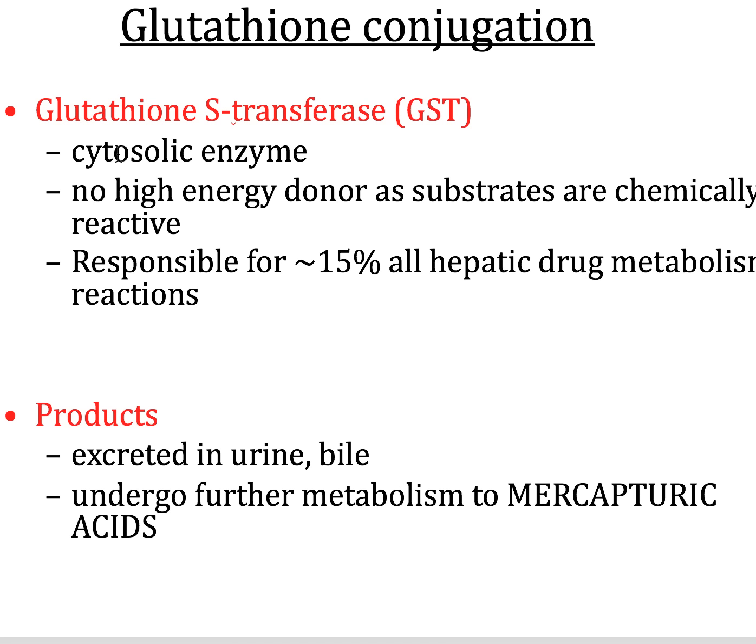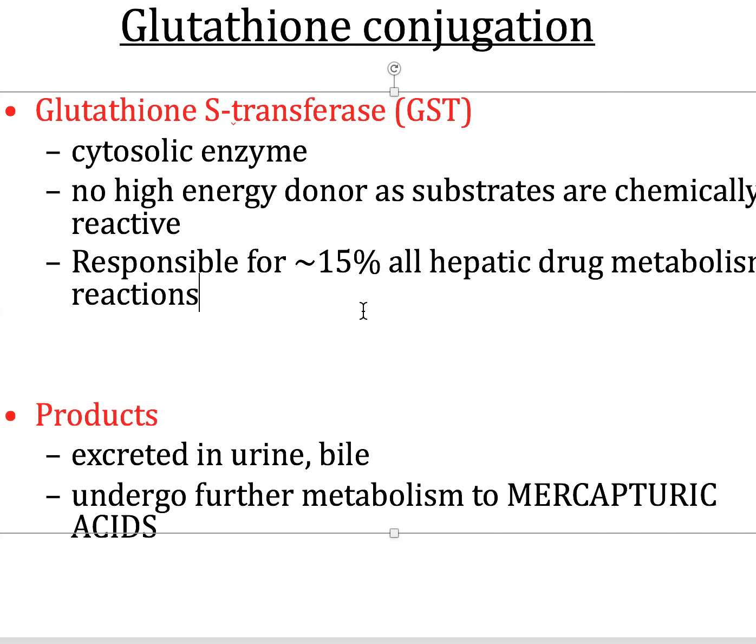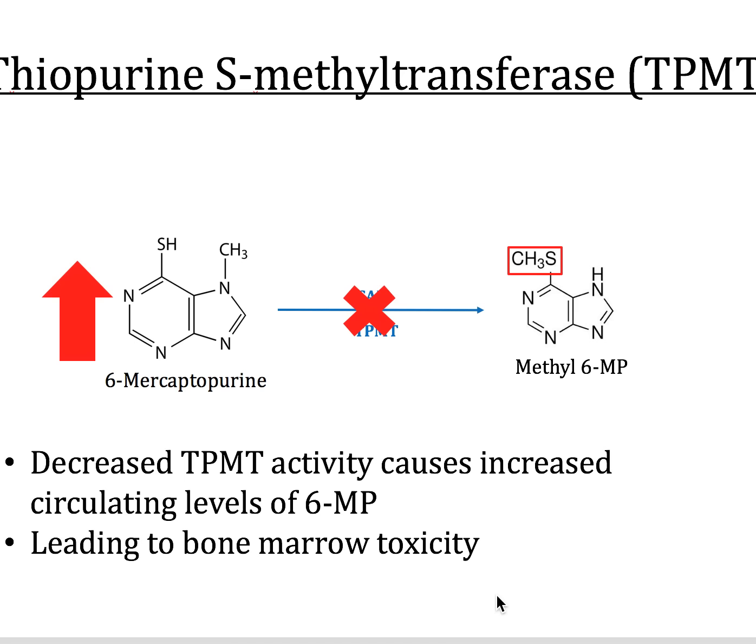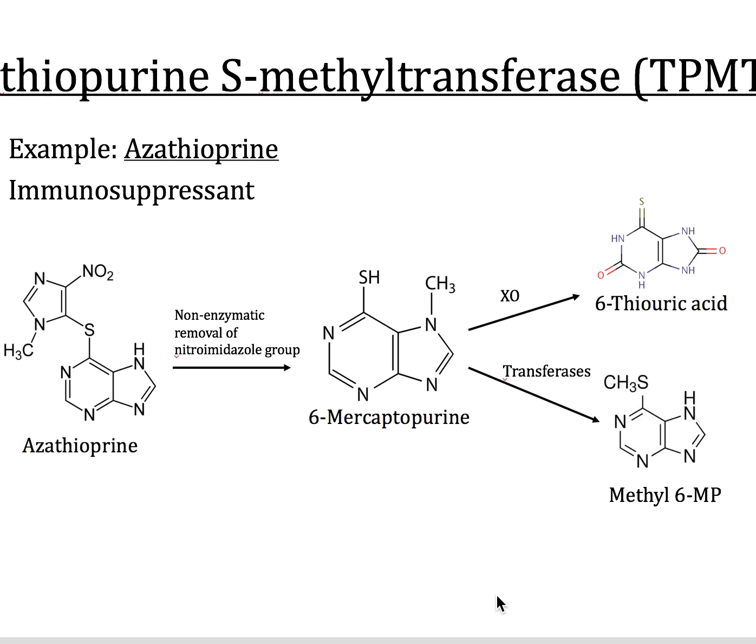It's a cytosolic enzyme, so it's mainly found in the cytosol. There's no hydrogen donor. It's involved in 15% of all hepatic drug metabolism reactions, so that's quite a fair amount. The products are usually excreted in the urine and bile and undergo further metabolism to mercapturic acids. So mercapturic acids include